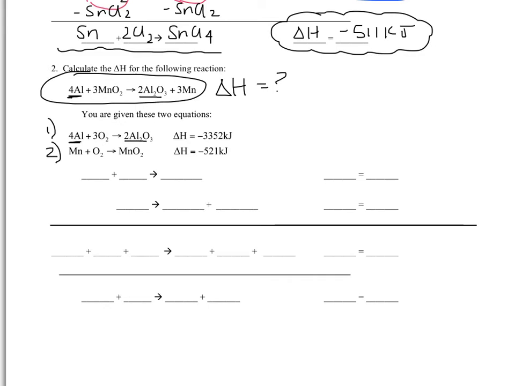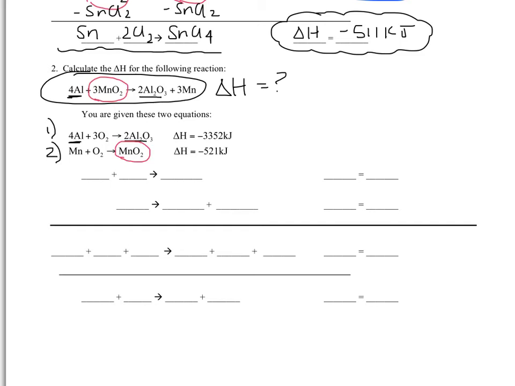We left them as is, and you're probably thinking, well, how would we change them? So this is what I want to show you here. If you look at the desired equation, you'll see that you want to end up with 3 MnO2s, manganese oxides, and you want them on the left side of the equation, the reactant side. In your building equations over here, you've got MnO2, only one of them, and it's on the right side of